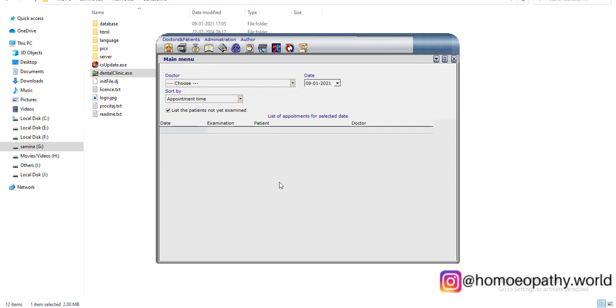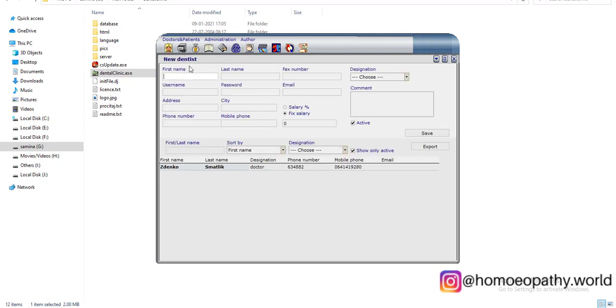Before explaining this to you, I'll start with the first icon here. You can see staff. Here you can enter your staff name. Whoever is the doctor, you can enter their name and whatever username they are going to use, and their address, phone number and everything, fax number, email, password, city, mobile number, even salary. Okay, here there is a fake name entered already. You can save it. Designation doctor. Okay, here you can see my name and my description is given.